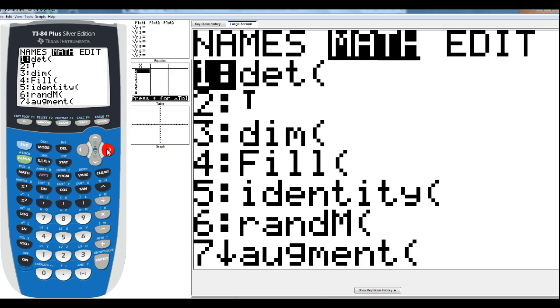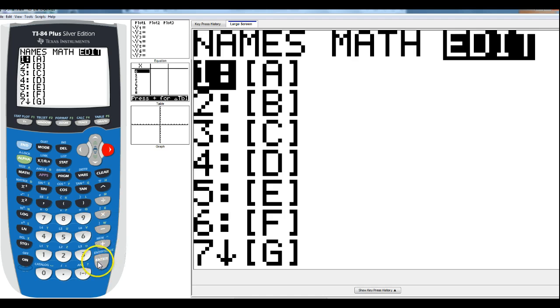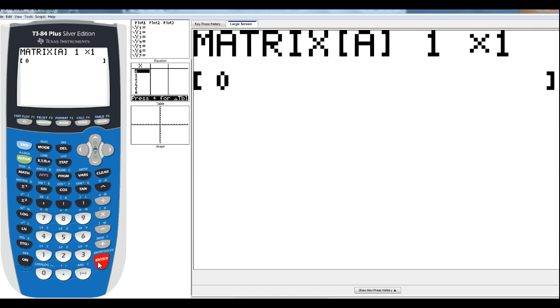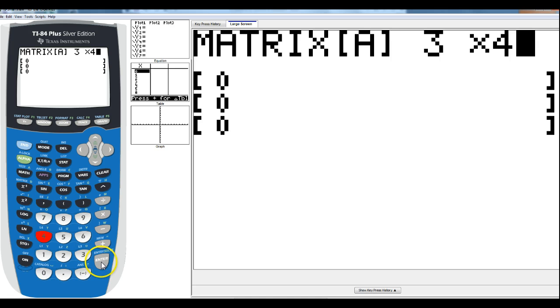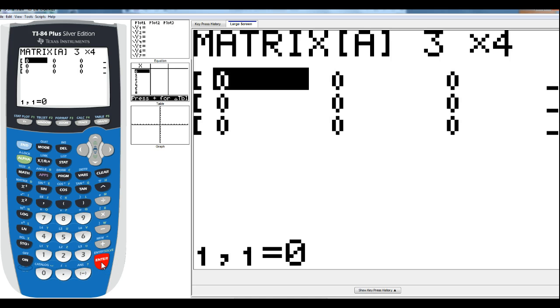We're going to scroll over to edit, enter, and the size of our matrix was a 3 by 4. Remember, it's rows by columns. We had 3 rows and 4 columns,